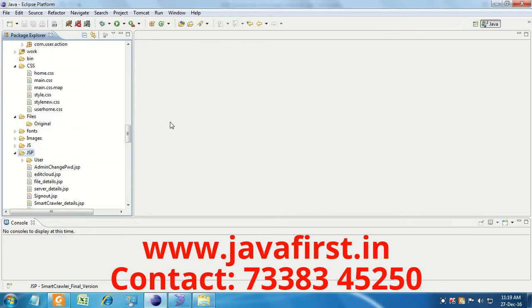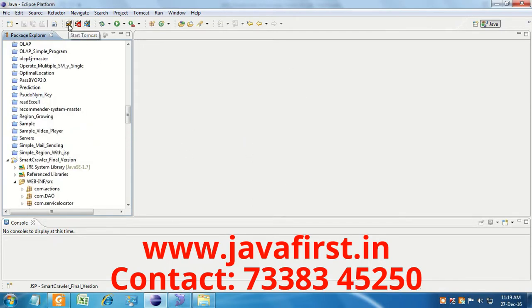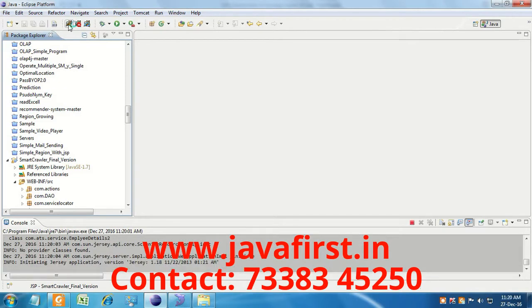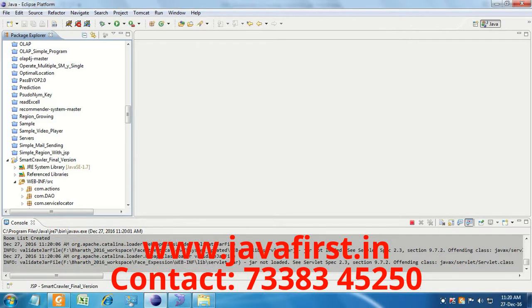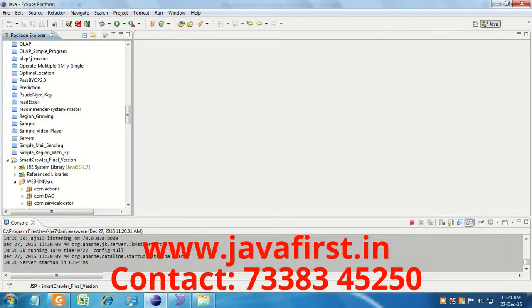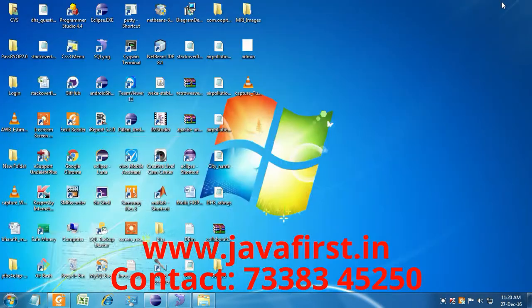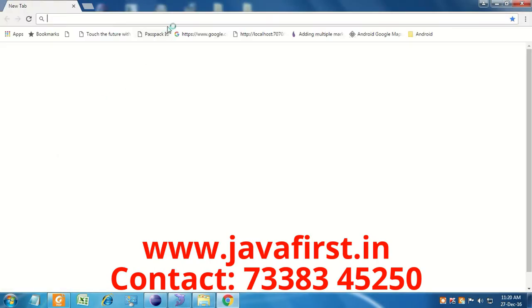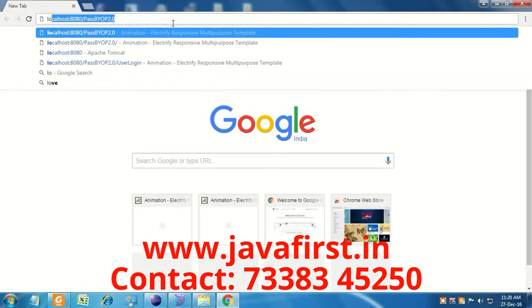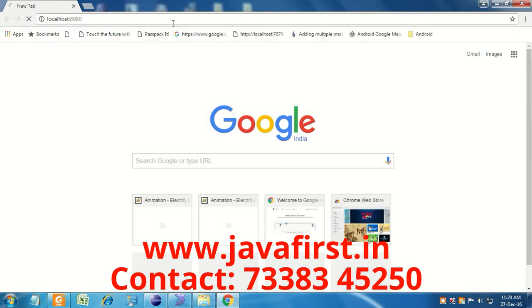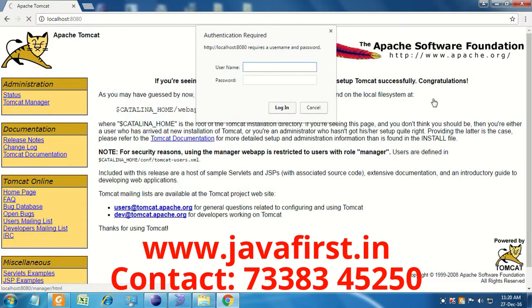Before running your project, you need to run your Tomcat server. In our project we used the Tomcat server. So the Tomcat server is running. After running the Tomcat server, open a browser and type localhost:8080, Tomcat manager, admin, admin.